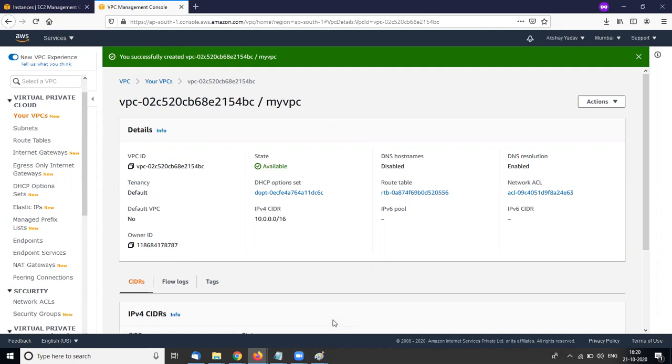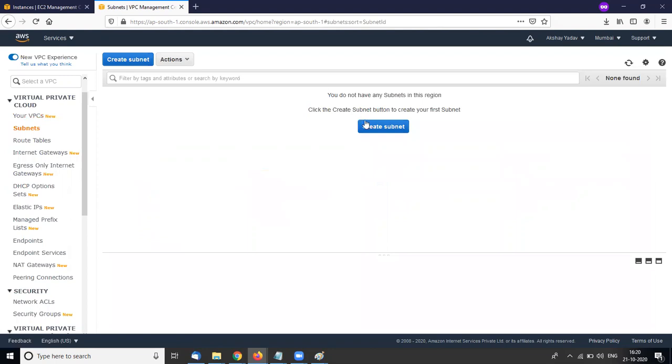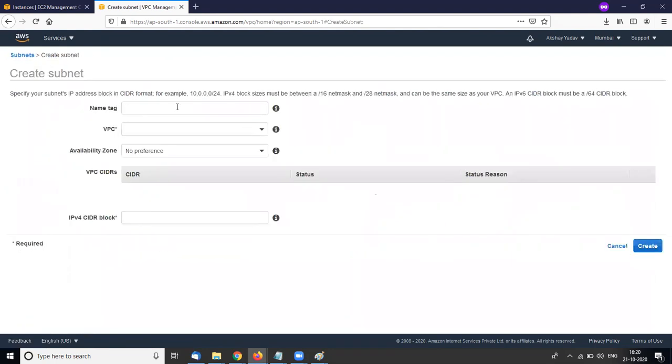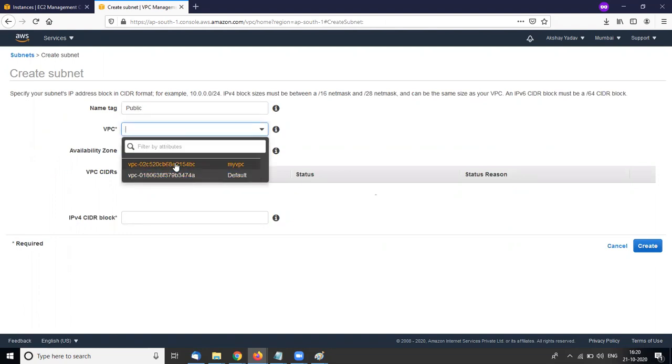The second thing, I need to create subnets. One is private and the second is public. Sorry, first private and second public. Here I am creating a subnet named public, and the VPC is my VPC.